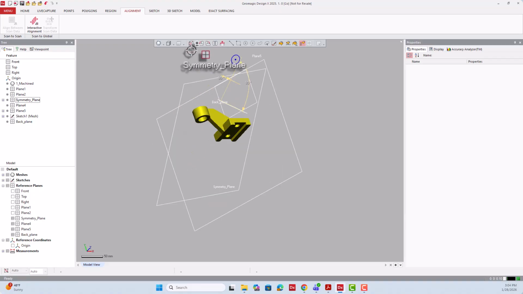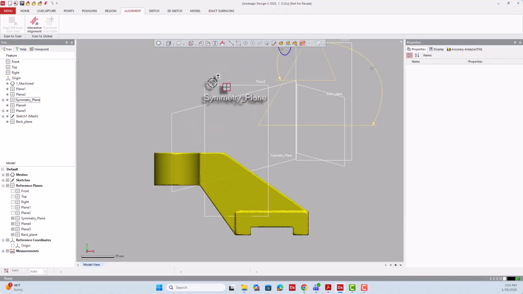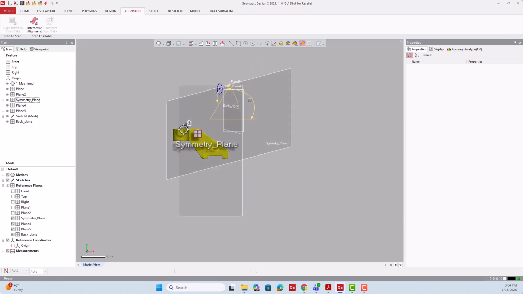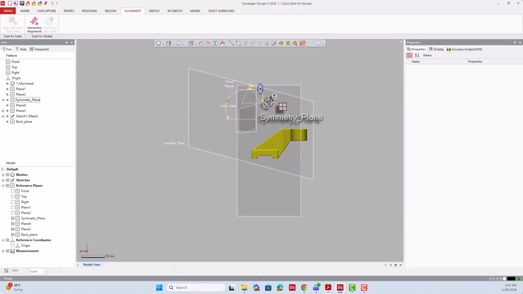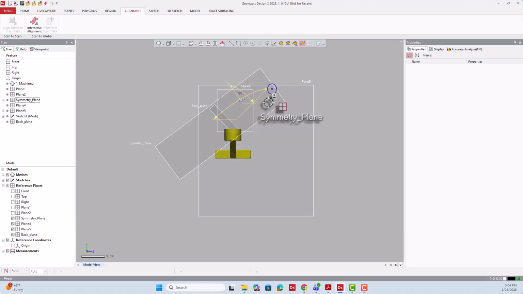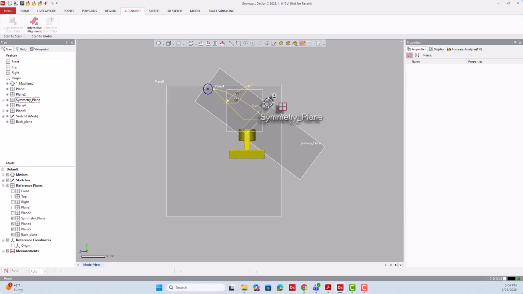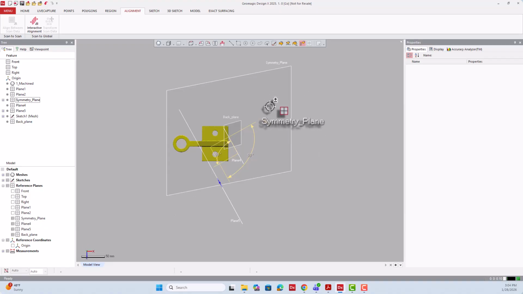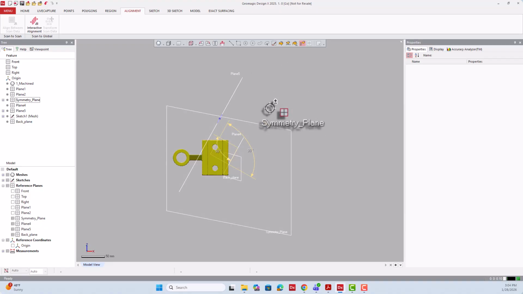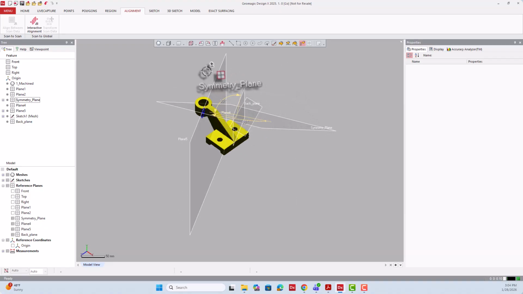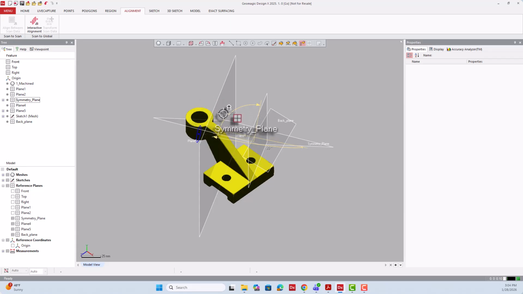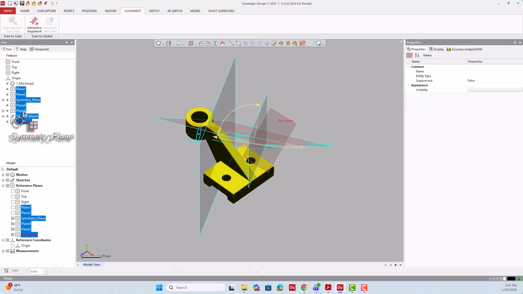And if I do the front view, you can see that the body is aligned to its part coordinate system. I'm going to flip through the views. So Alt-1 is front view, Alt-2 is the other side, Alt-3, Alt-4, 5, 6, and 7. So here we have updated the alignment, and once that is performed, you can use and select all the planes